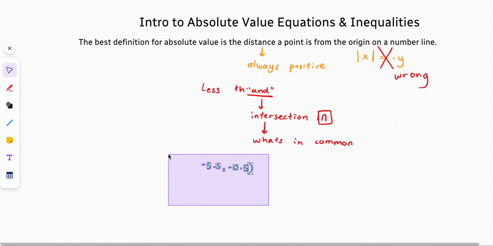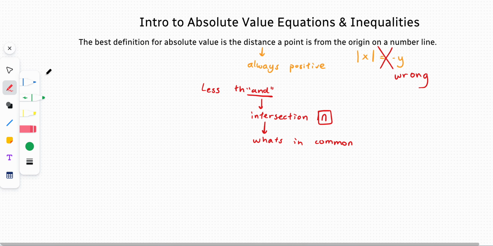Right, so let's continue moving on. So we have one more inequality. All right, so let's solve for x, where the absolute value of 3x plus 14 is less than or equal to 8, right? So the first thing that we want to do is we want to divide this into two